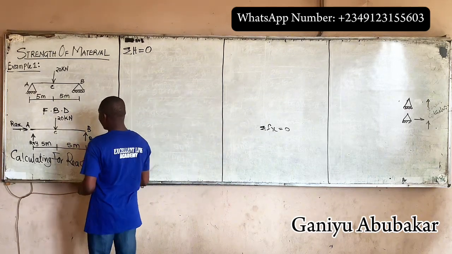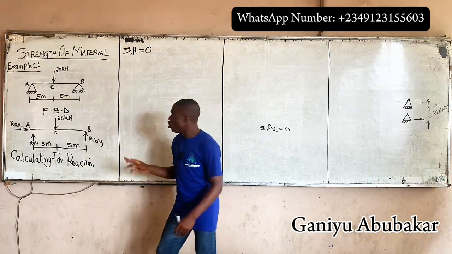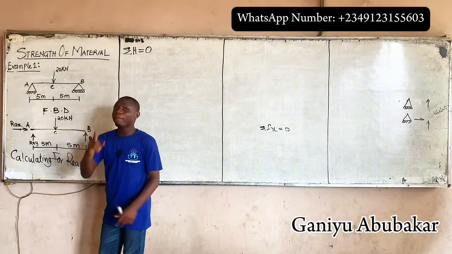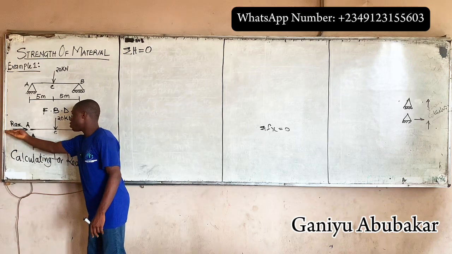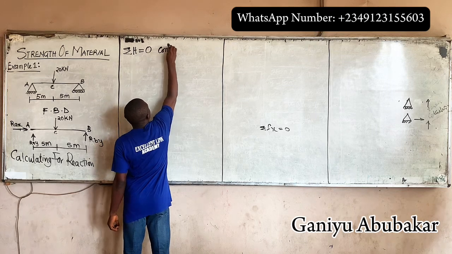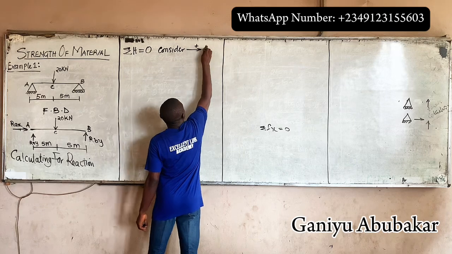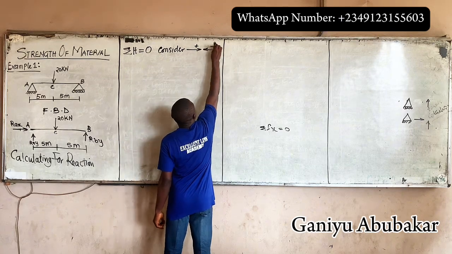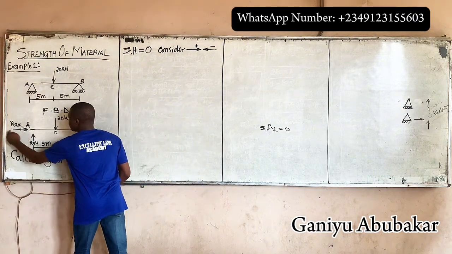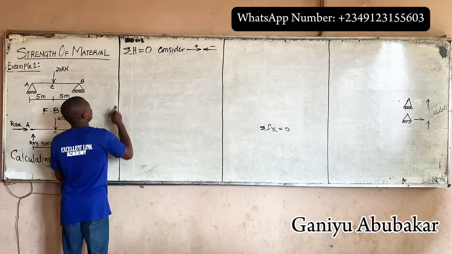So from here, listen up. This means the addition of horizontal components. Look at this beam now. Which force acts horizontally? Simply one force, which is this. It acts horizontally. So now, mind you, at this point I will consider right force to be positive and left force to be negative. That's the condition for horizontal components. Now, this one is moving in this direction, right? That becomes a positive